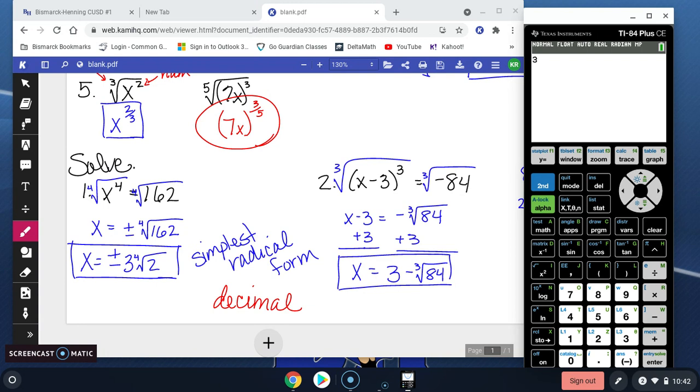And then to get that 4th root, that is with your math button. So math, and then it's number 5. It's the x root. Since this is the 4th root, I need to go back to my home screen. I have 3, but now I need times the 4th root. Since I want the 4th root, I'm going to use that x